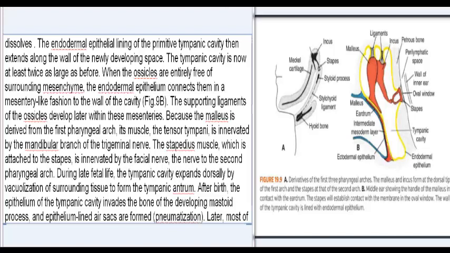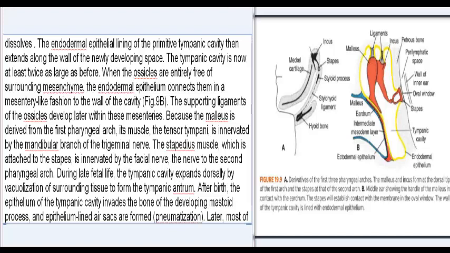When the ossicles are entirely free of surrounding mesenchyme, the endodermal epithelium connects them in a mesentery-like fashion to the wall of the cavity, Fig. 9b. The supporting ligaments of the ossicles develop later within these mesenteries. Because the malleus is derived from the first pharyngeal arch, its muscle, the tensor tympani, is innervated by the mandibular branch of the trigeminal nerve. The stapedius muscle, which is attached to the stapes, is innervated by the facial nerve, the nerve to the second